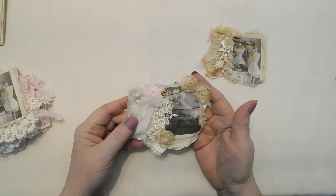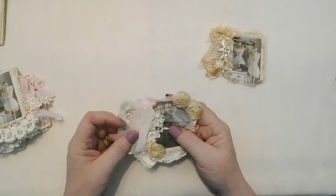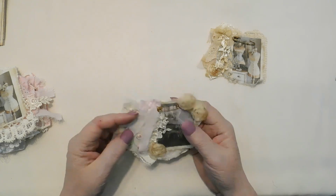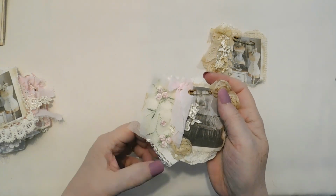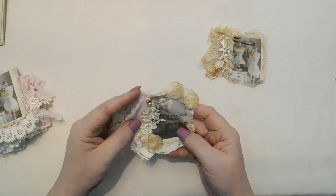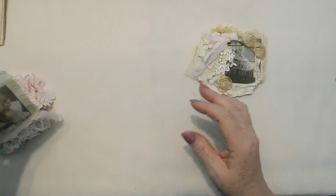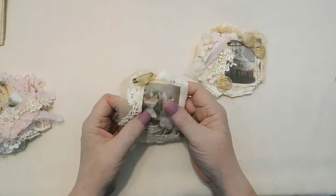And this is another one. You'll recognize that. Also, I put a pink bow. I probably should have put a beige one after I was looking at it. But I think why I did that is because I put some pink roses here. And you just layer it. And then here's another one with the lace and the